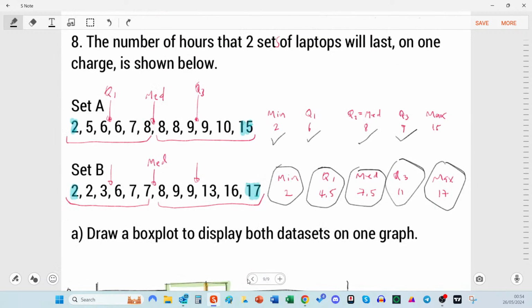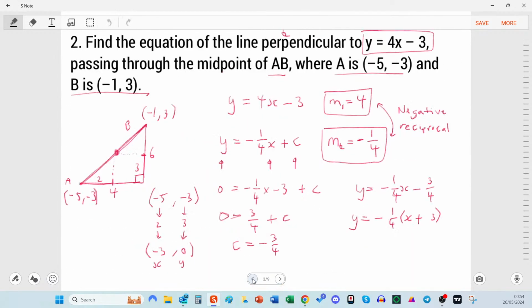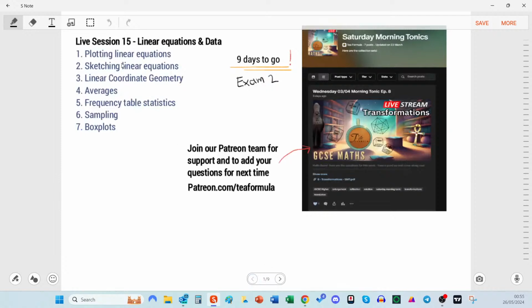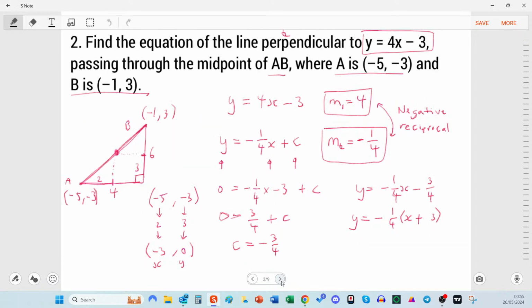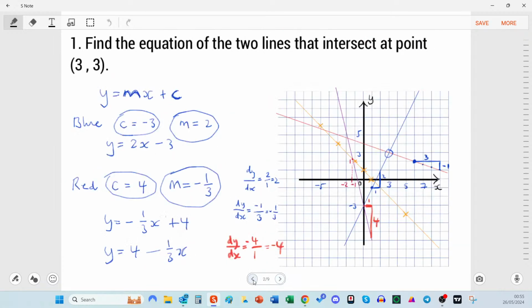Okay, so these are some glorious questions. Let's have a quick recap. We looked at plotting and sketching and doing linear coordinate geometry, all good stuff. We looked at averages, frequency tables, statistics, a little bit of an extension in there, sampling method, stratified sampling, good recap, and box plots, all of which are guaranteed to come up if they haven't already. These ones especially,